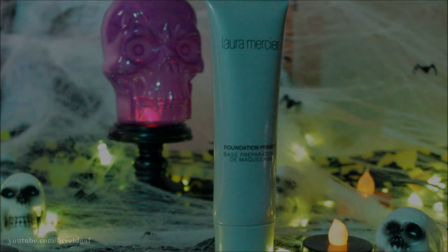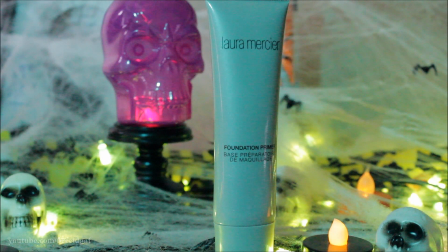So I am just starting out with a clean, fresh face, and the first thing that we have to do is prime the face. For that, I'm going to be using the Laura Mercier foundation primer and just rub this in all over my skin and let that set for about 5 minutes before we start